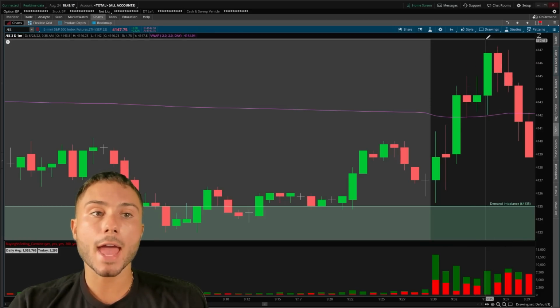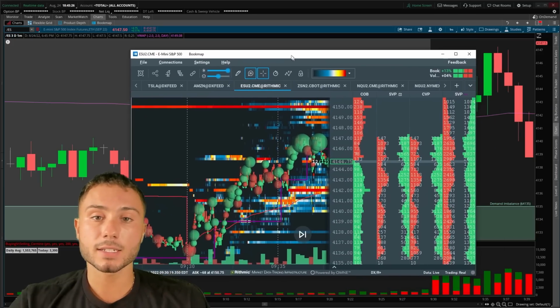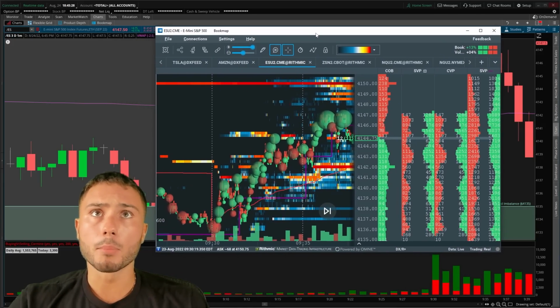There was very, very heavy volume done near here at the highs, which is kind of a red flag for the upside if we do pull back. However, what really made me interested in this, I can show you what it looks like on Bookmap because this